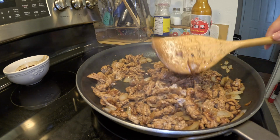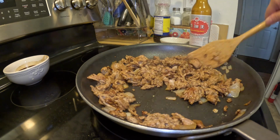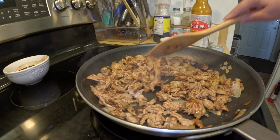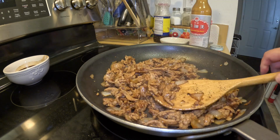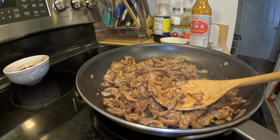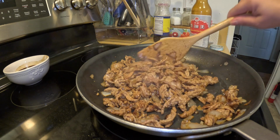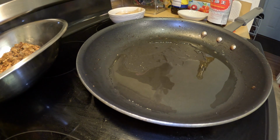You see the meat is really white. This is really lean ground pork here, doesn't have a lot of fat. So you add the dark soy sauce to give you this color. Okay, let's taste here. Delicious. I'm going to saute the vegetable